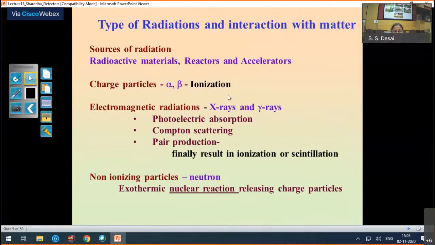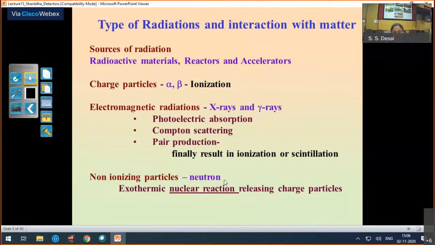Alpha and beta are detected through ionization. X-rays and gamma rays have some basic interaction properties, like photoelectrons being emitted, Compton scattering, and pair production, with which you must be very familiar. In the case of neutrons, things are very different, as it does not interact with just any matter, but with very few matters,